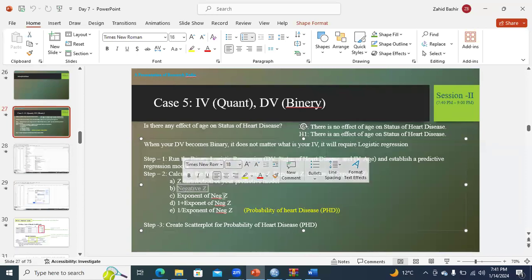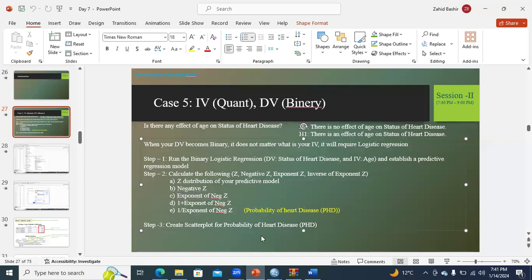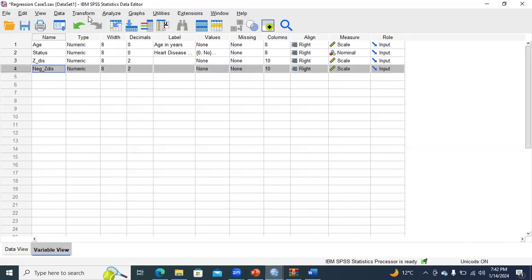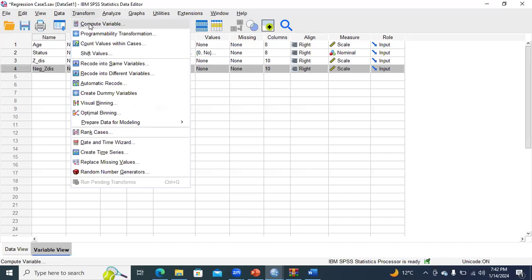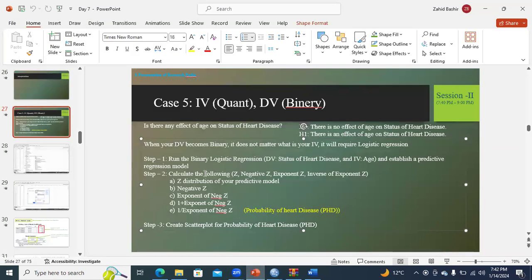Then we need to create exponent of negative z, that is the third phase. So how can we do it? Again, we need to go to the transform button, then go to the compute variable. We need to reset, because every time we need to enter a next phase, we need to click the reset button. So you need to create what we require. We require basically